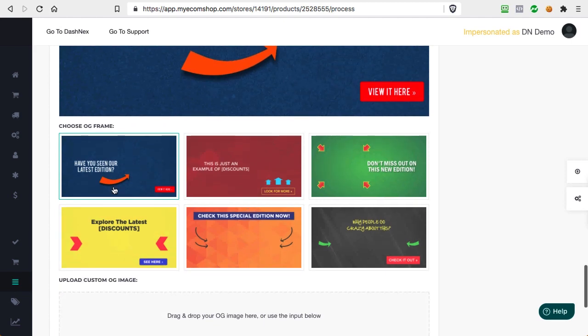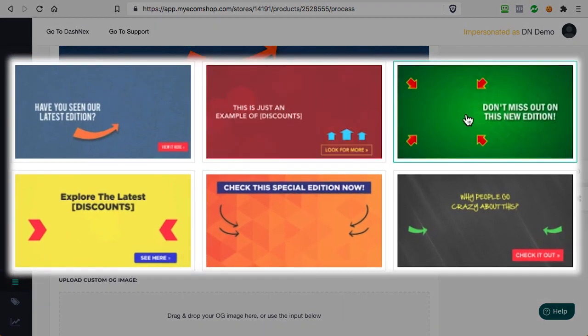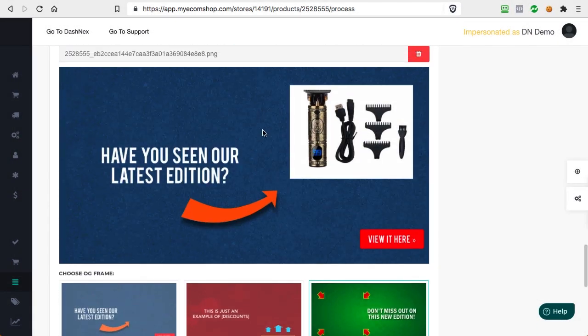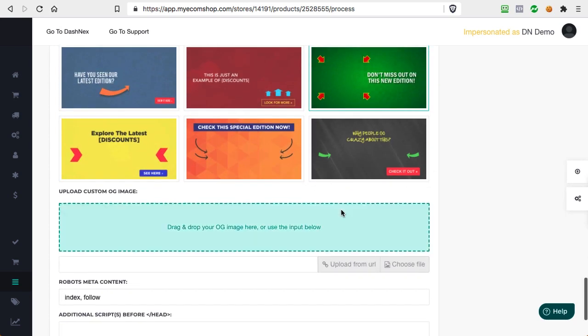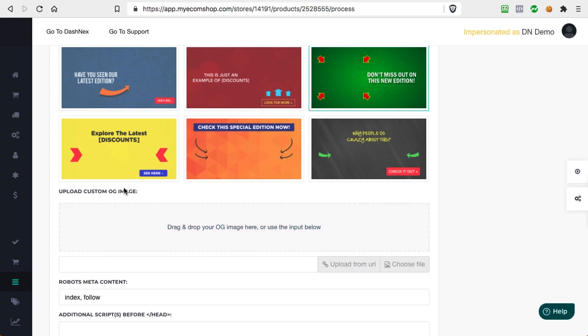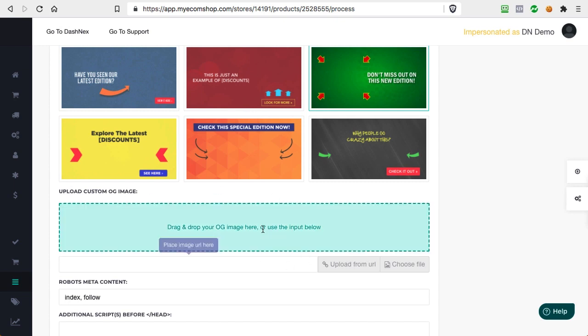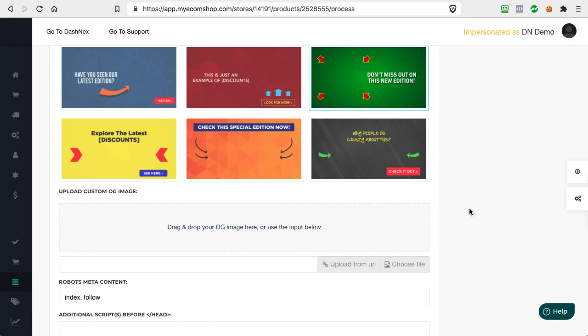And here at Dashnix, we have built these frames so that you can simplify this process. They obviously will not look perfect because they are not custom built for every single product, but you can upload a custom image if you want to. For the most important product pages on your store, I would definitely recommend doing that.